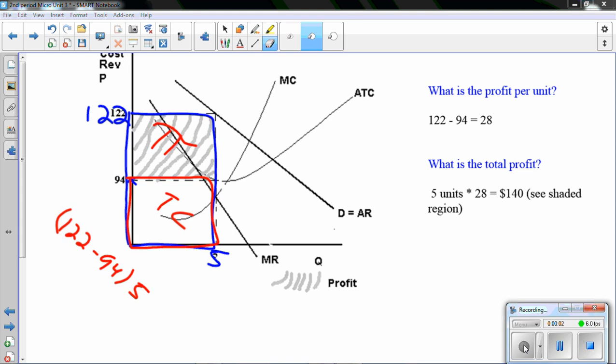Okay, this is day 2 of Monopoly. We'll make a pretty big dent in Monopoly today, and then on Monday we'll be able to come back and finish up Monopoly. So today we're going to learn a little bit more. All right, so what we learned in here yesterday is we learned all about,